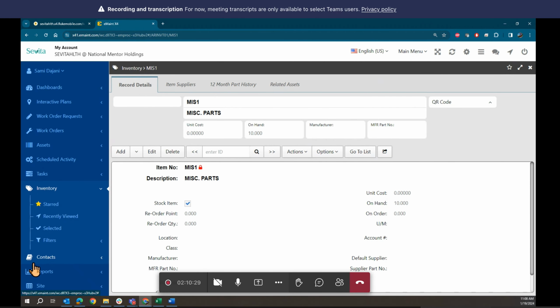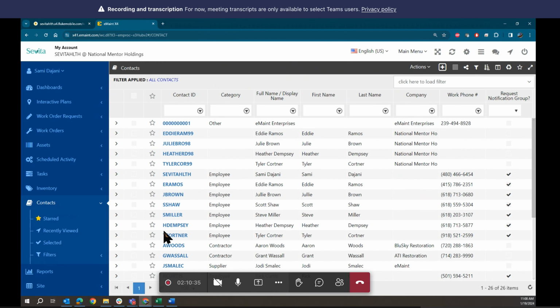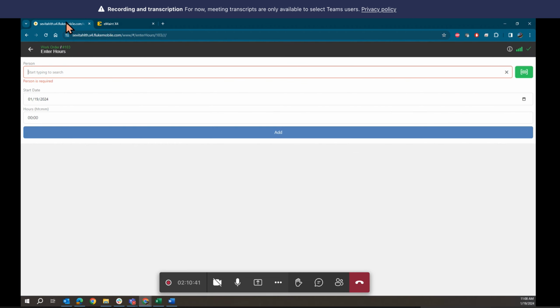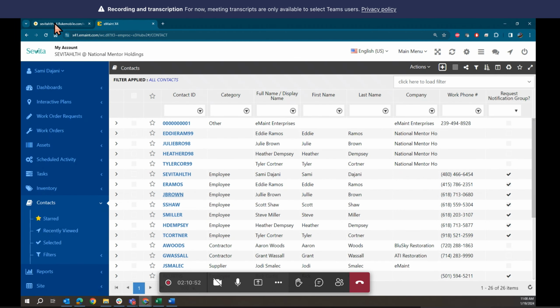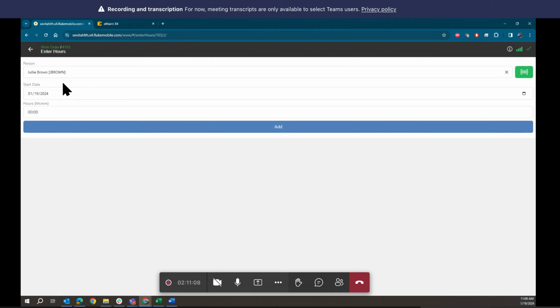the user information. So for example, we have this J Brown, J Brown. Is that right? J Brown. Yep. So we have Julie Brown. Person is required. Julie Brown. We can select Julie Brown and